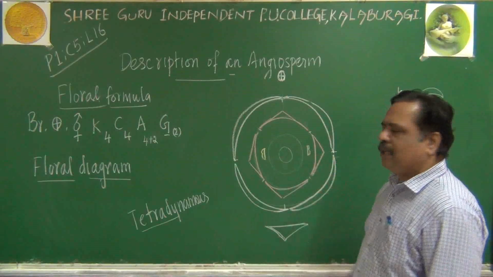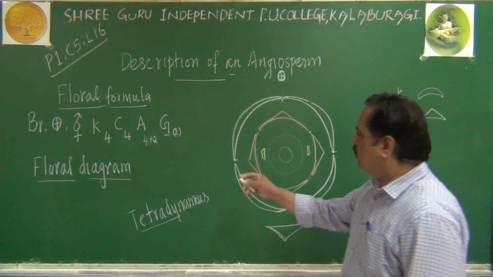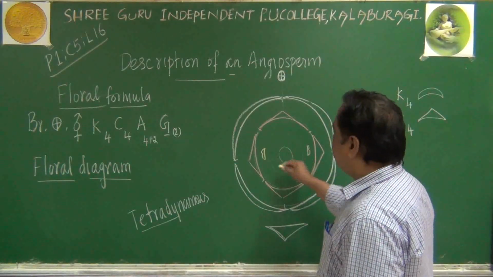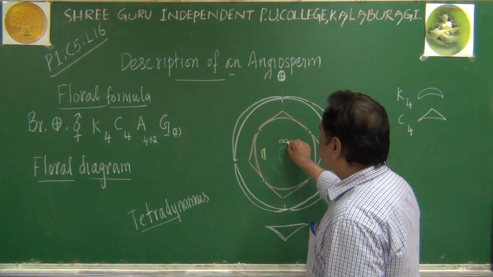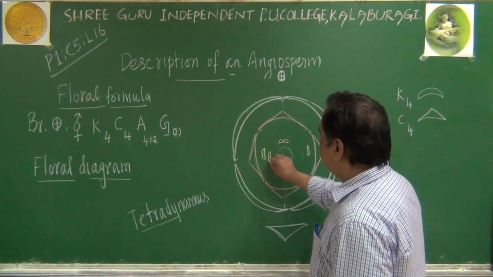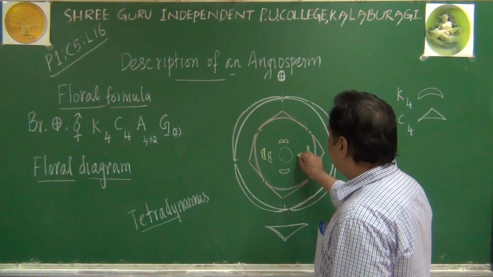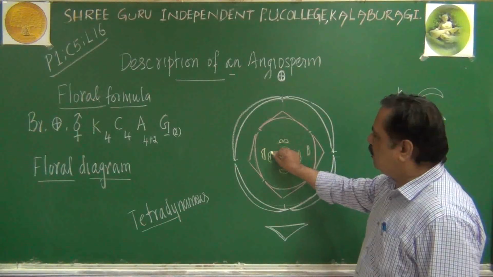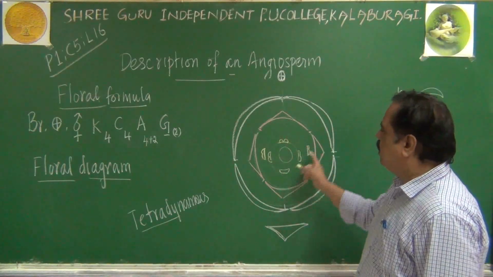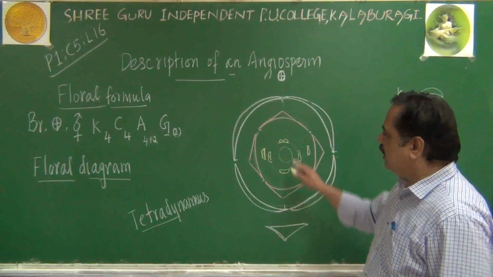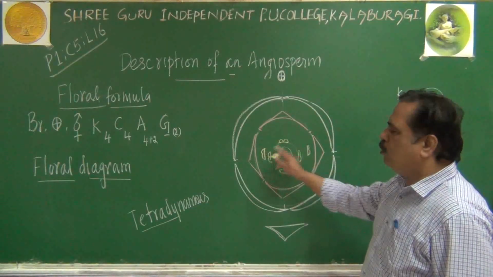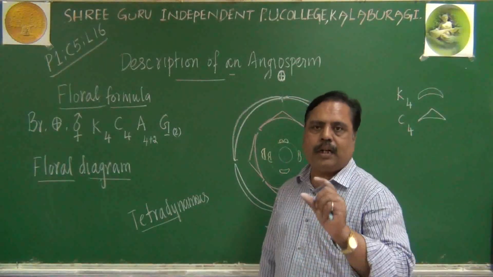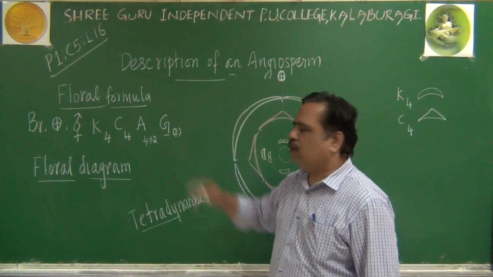Didynam, the shorter stamen, I can write. Where are the remaining 4 bigger ones? I will draw them somewhat inner to this whorl. Here one stamen I will draw, here another stamen, the third one and the fourth one. Do you get this point? 4 of them I am drawing in one circle, the remaining 2 are somewhat away. That indicates 4 are one type, 2 are another type. 4 are longer, 2 of them are shorter. Tetradynamous condition, that is 4 plus 2.